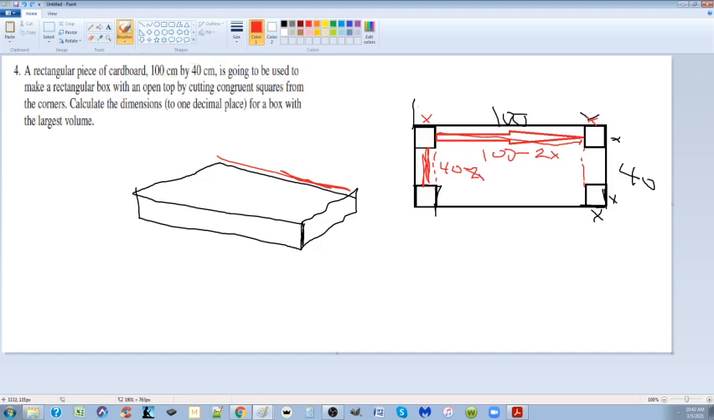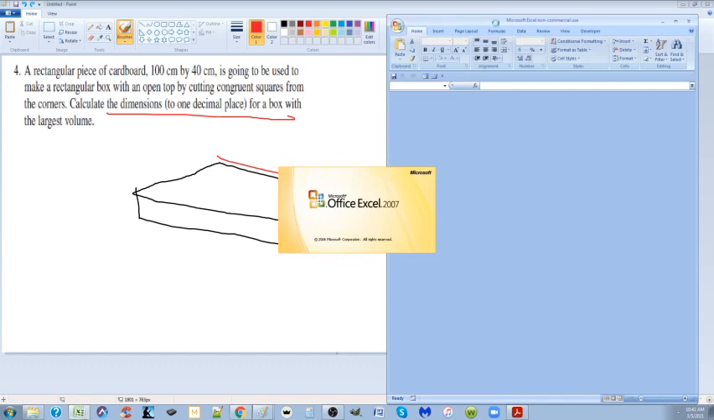Which means we now have a formula to figure out the area, and it says calculate the dimensions to one decimal place, which is a hint to me that I'm going to be using the quadratic function for a box with the largest volume. Right? So before we continue,